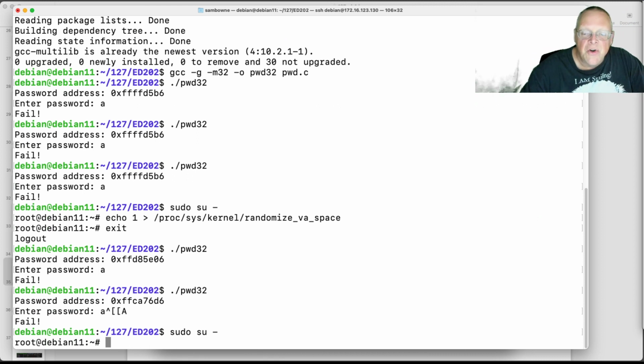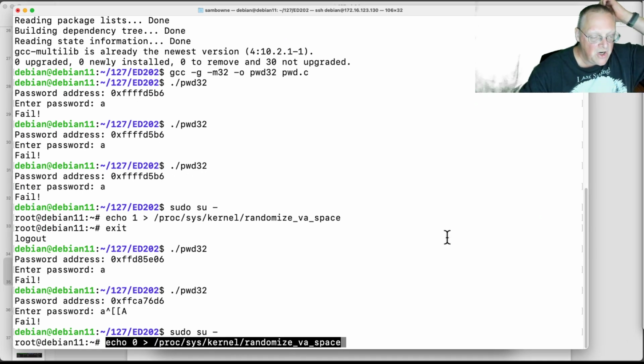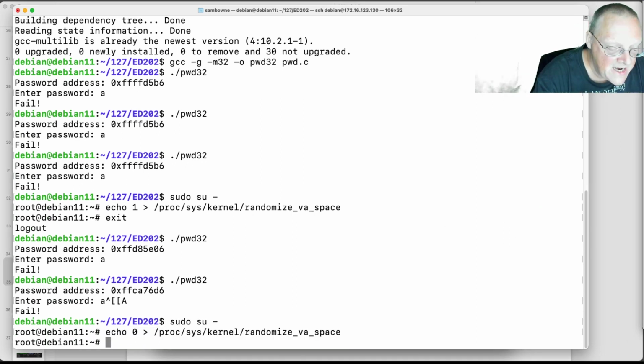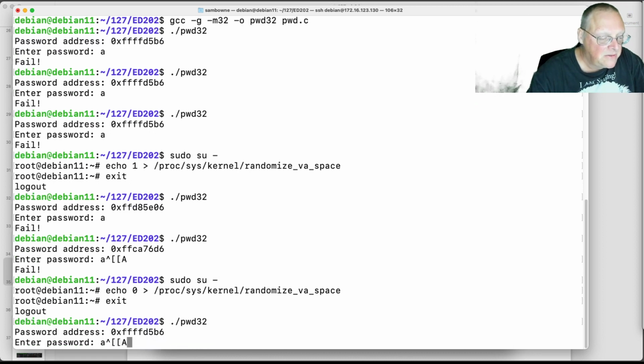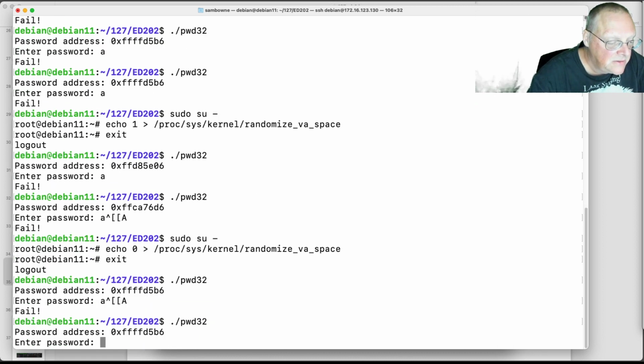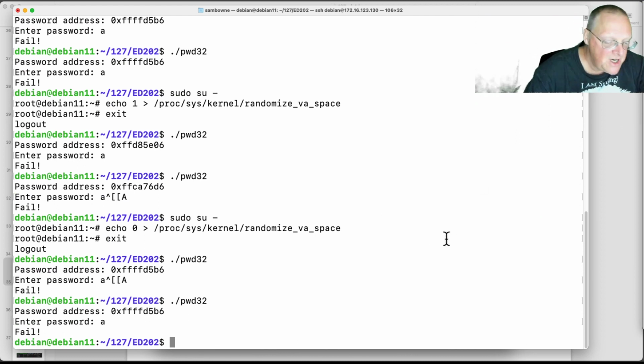And I want to turn it off for the exploit we're doing today. We don't want the addresses jumping all over the place. We're not writing a good enough exploit to handle that yet. All right, now it should be off again. Yep, now it's the same every time. The address is not moving. So we can debug the program. gdb -q